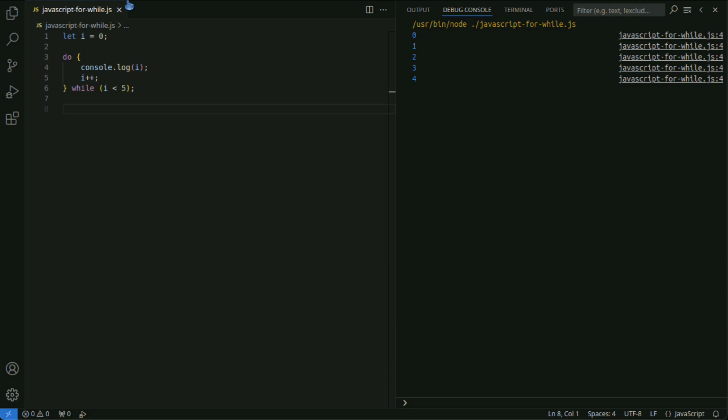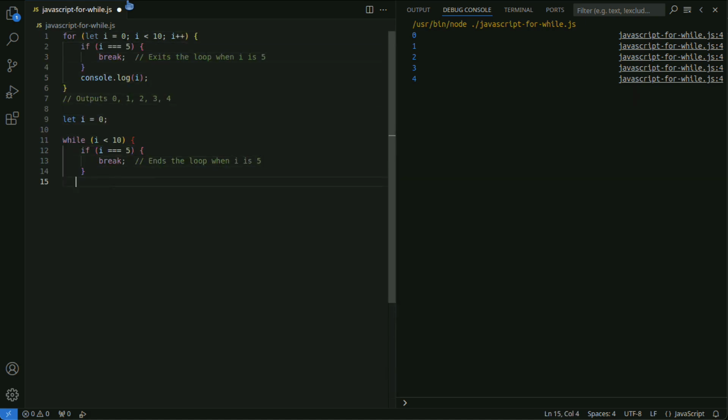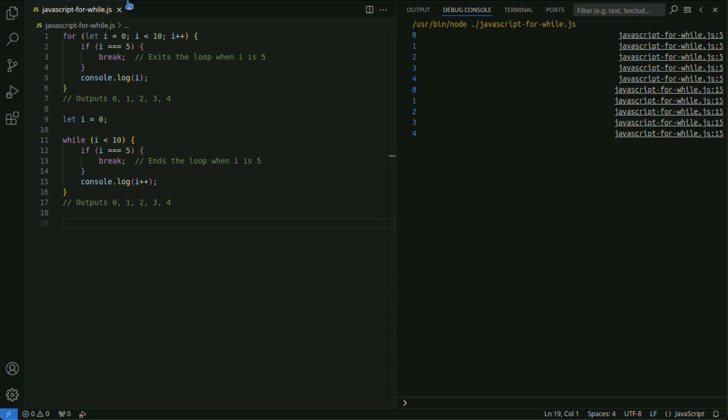You can use break and continue inside the loop. Break is used to terminate the loop prematurely. Continue skips the current iteration and proceeds to the next iteration. In this case, break is executed when i becomes 5.